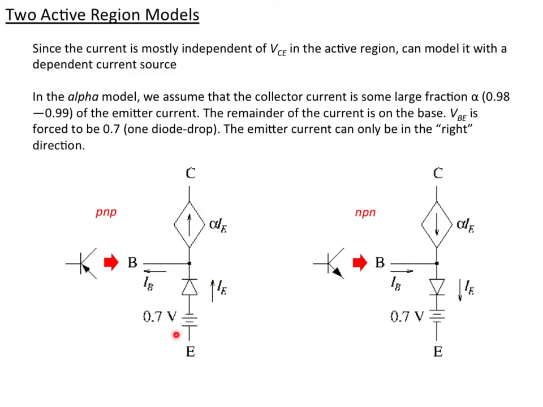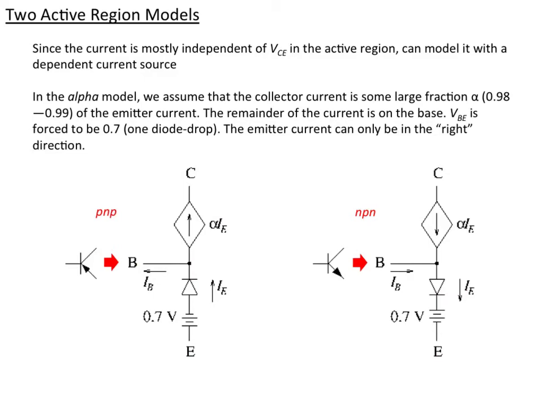And so this is really just one diode with a diode drop of 0.7. Here I've drawn an ideal diode. As long as we have current flowing, we know that the emitter base voltage will be 0.7 from the diode, but the current can only flow this way in the PNP. Likewise, here we have to have a base emitter voltage of 0.7, and the current can only flow this way,